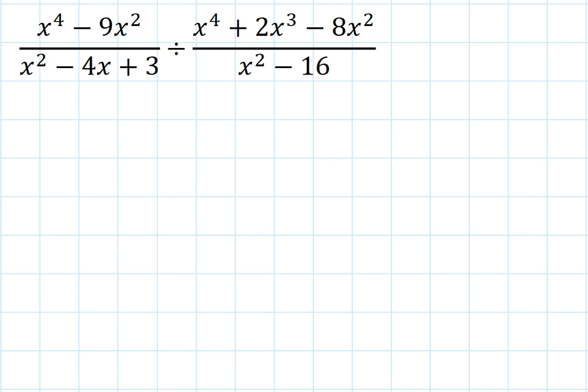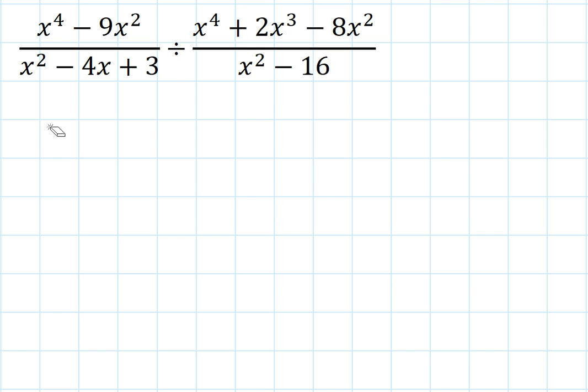Okay, so let's look at a division problem involving rational algebraic expressions, fractions with polynomials in them. I have a dividend here. Here's my dividend, and I have a divisor, right? And before I proceed, the first thing I want to do is rewrite both of these in